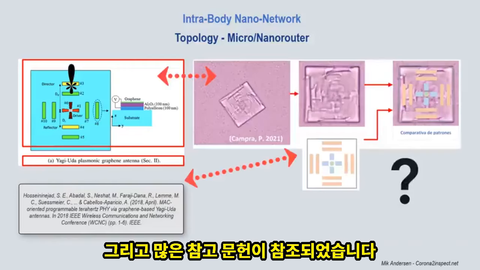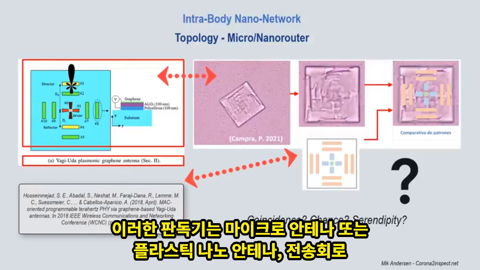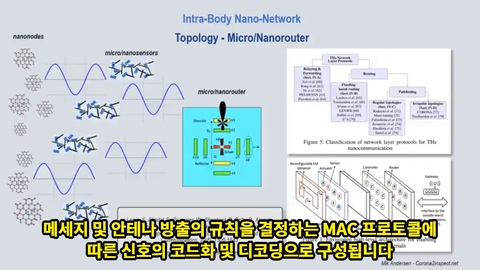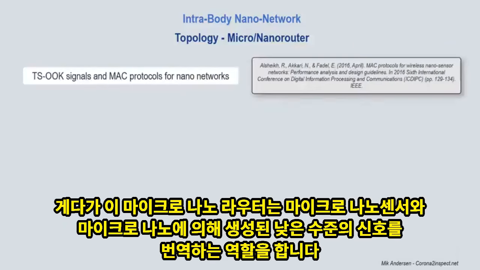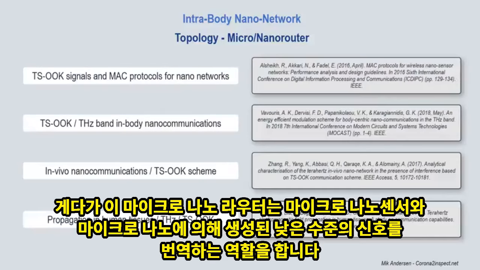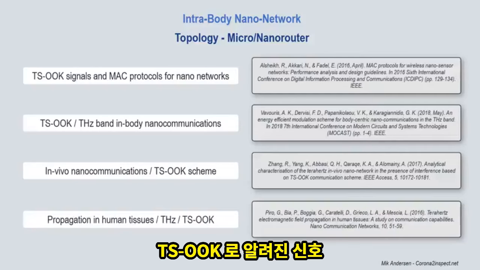In many references consulted, these routers consist of microantennas or plasmonic nanoantennas, transmission circuits, encoding and decoding of signals, according to a MAC protocol, which determines the rules of construction of messages and antenna emissions. In addition, these micronanorouters are responsible for translating the lower-level signals produced by the micronanosensors and micronanonodes, signals known as